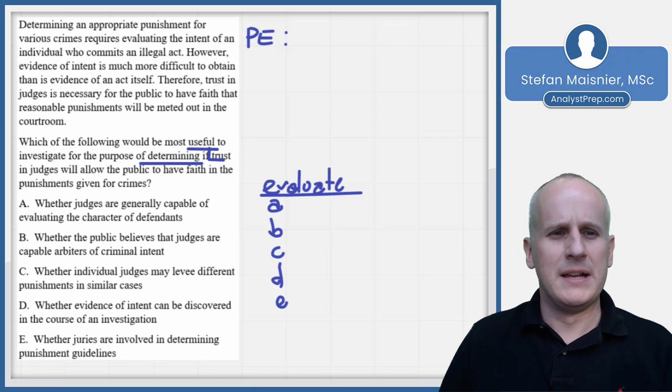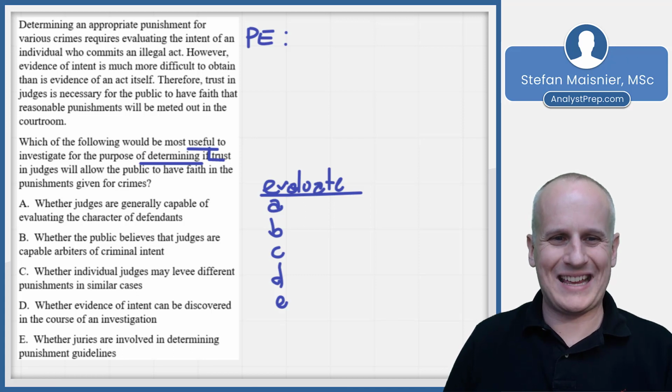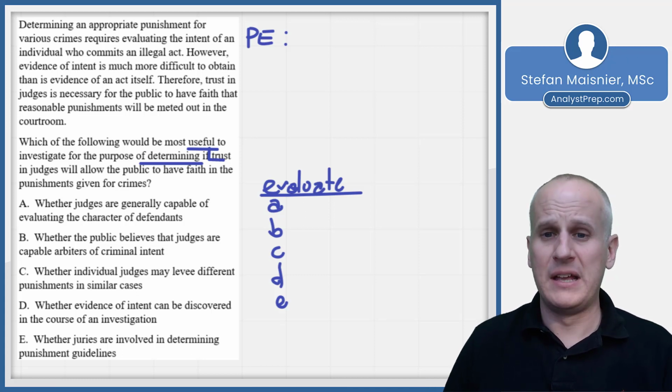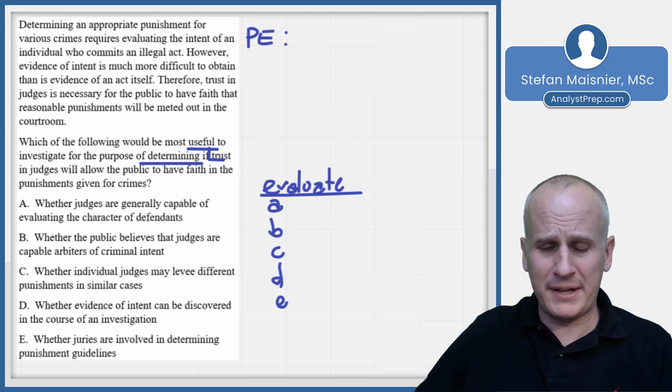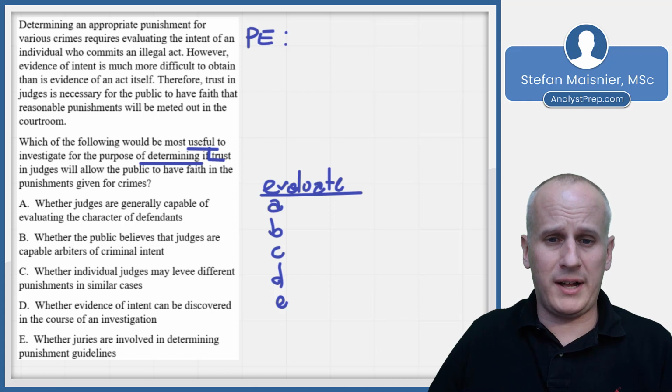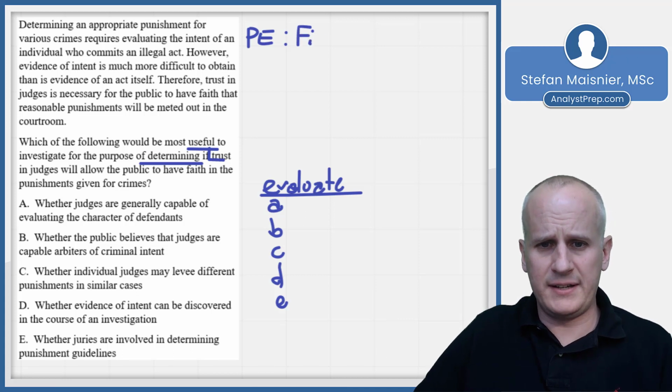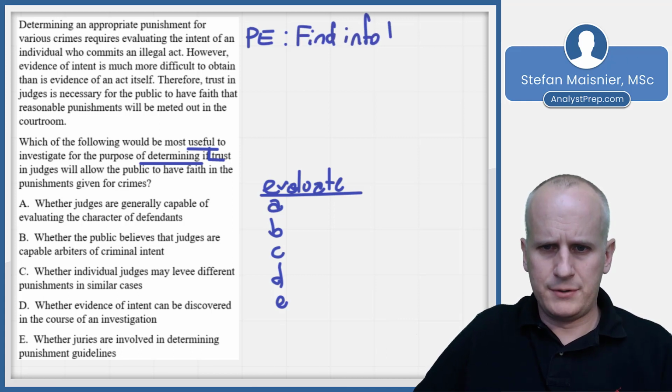So starting from the beginning, determining an appropriate punishment for various crimes requires evaluating the intent of an individual who commits an illegal act. Okay. However, evidence of intent is much more difficult to obtain than is evidence of an act itself. Therefore, trust in judges is necessary for the public to have faith that reasonable punishments will be meted out in the courtroom. It's relatively abstract as an argument goes for the GMAT, but we can just use our broad prediction here and say find info to help